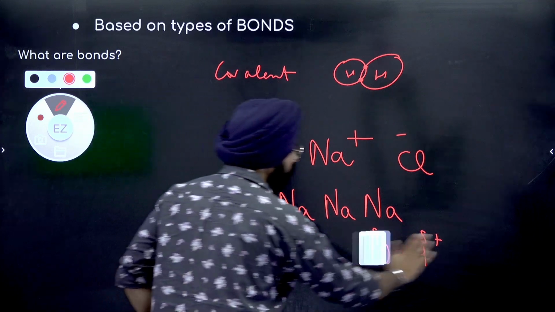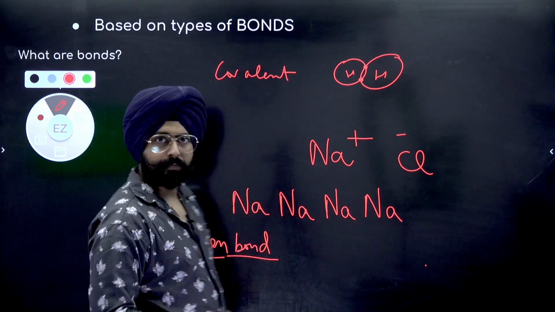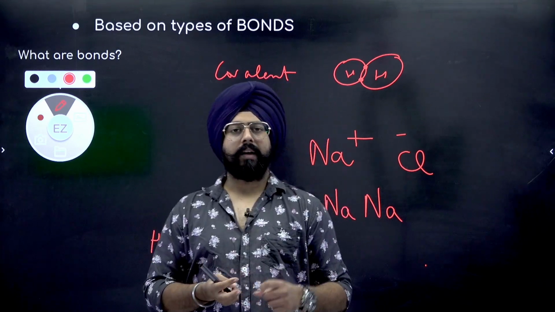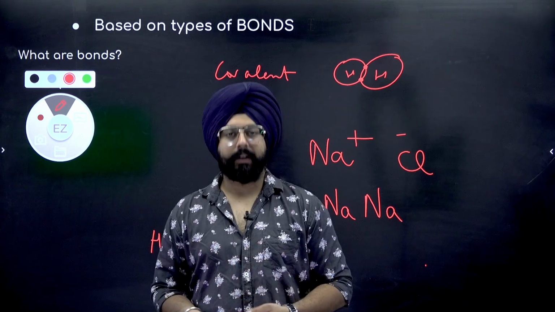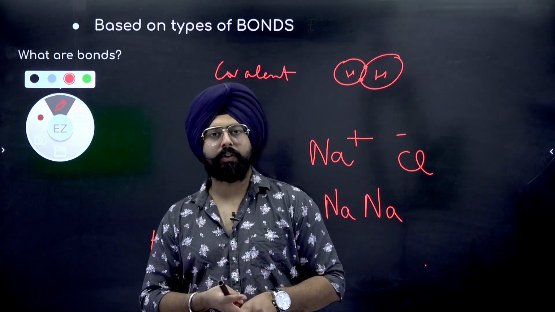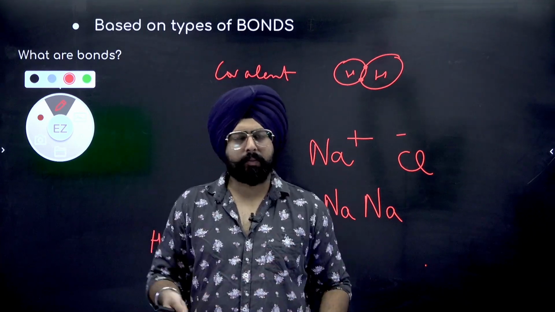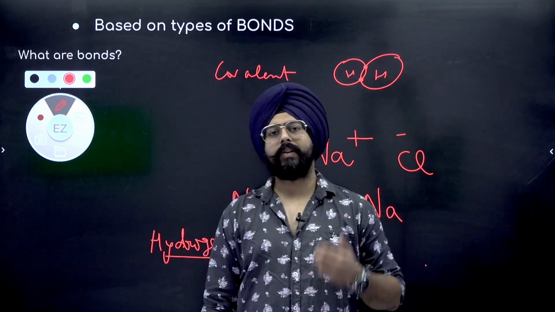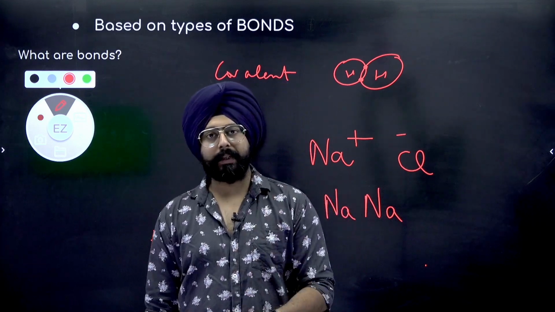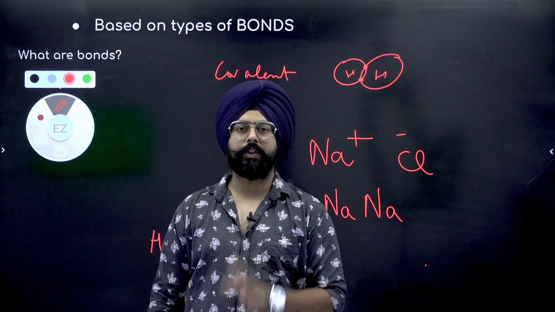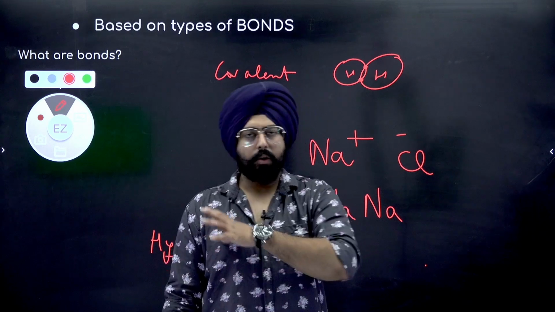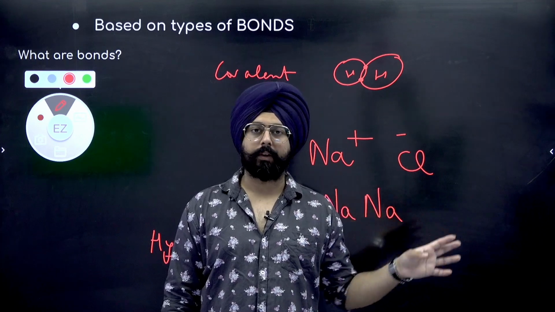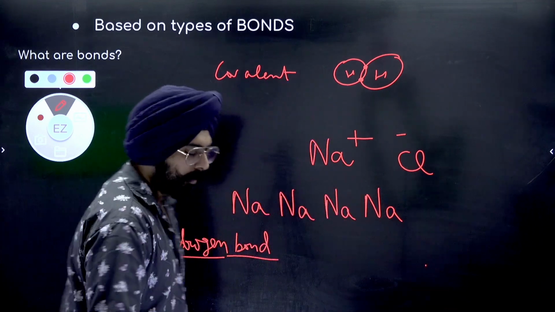You could have other interactions as well, by the way. You could have van der Waals forces. You could have induced dipole to induced dipole interactions. You could have London dispersion forces. Yeah, all of these are very similar to each other. If you don't remember them, please go back and revise chemical bonding. Preferably read the first 5 to 10 pages of it from the NCERT. A lot of detail about all of these forces is given very beautifully in NCERT. Fine. So please revise chemical bonding once.